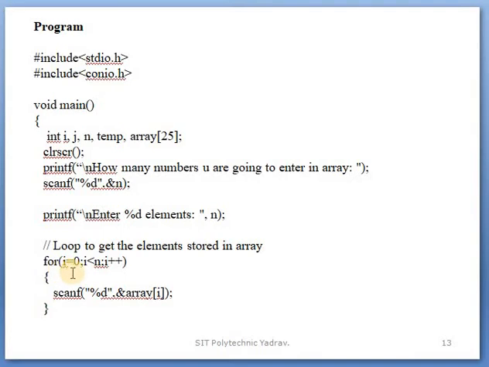Okay, i is equal to 0. For example, your n is 5, then you would have to write scanf 5 times, no. Okay, your time is reduced using the for loop. Clear that? Okay, i is equal to 0, i less than n, i plus plus, means up to n, scanf the numbers into array of 0. After that the array position is increased by 1, 2, 3, meaning array of 1, 2, 3, the next elements will be stored in those array positions. Clear that? Starting from 0 because an array starts with the 0th position.